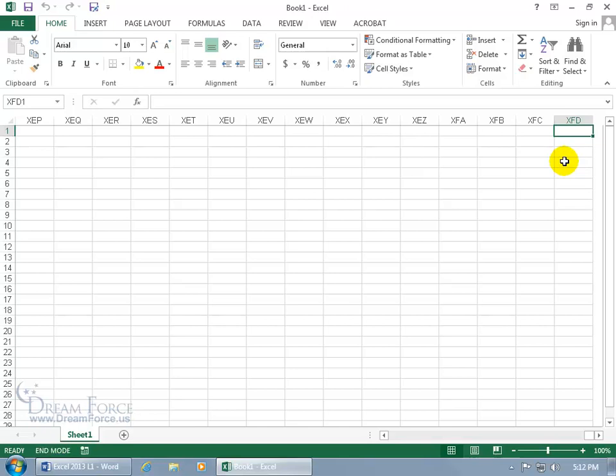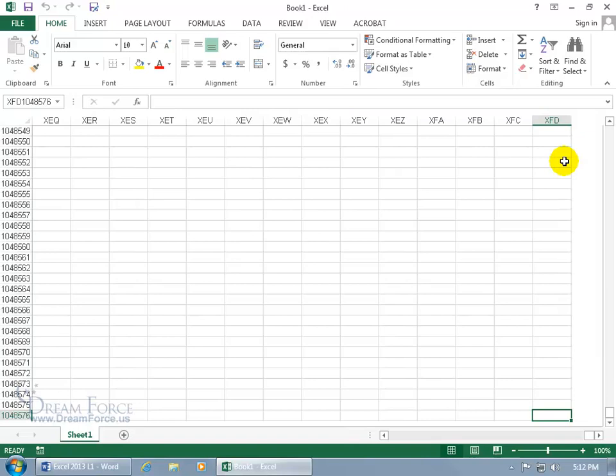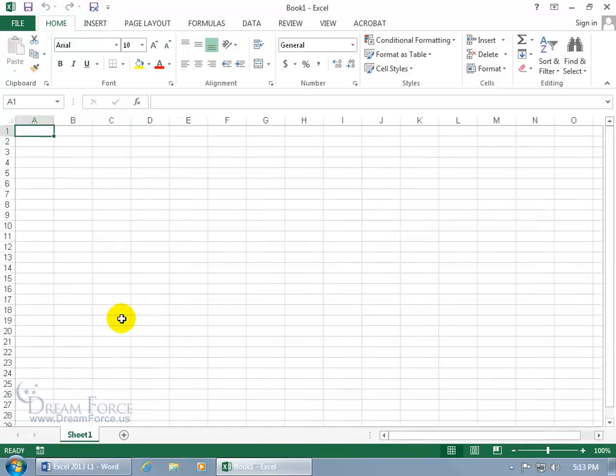So if I hit the End key and hit the down arrow, because there's no data range below it, it goes all the way to the end of the worksheet, the last row, which is over 1 million. That's fun. You've got your work cut out for you if you want to fill in all those cells. To go back to the beginning, hold down the Control key and hit Home, and we're